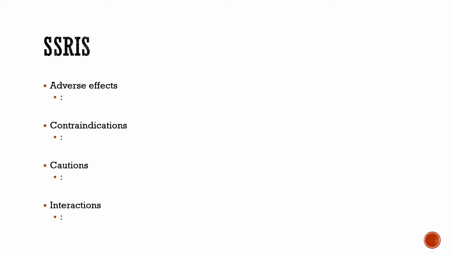So serotonin syndrome is usually marked by they'll start having some agitation. Now these SSRIs can cause a little bit of stimulation already, so maybe a little bit of an agitation, but they start becoming more agitated, more anxiety. They'll start having confusion. They'll start having hallucinations. Now we're starting to get scary. They'll get into a fever, and then of course with the fever, they'll get diaphoresis. They'll get some tremors.